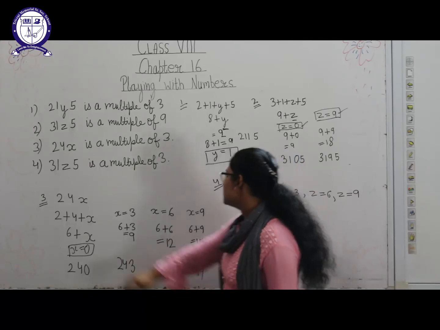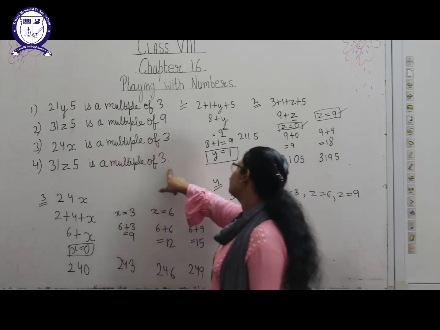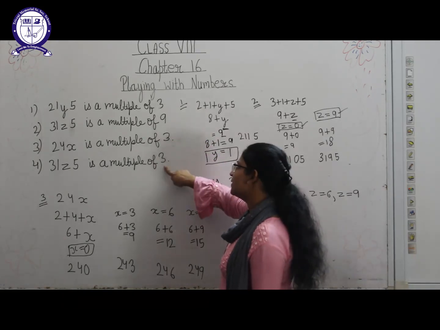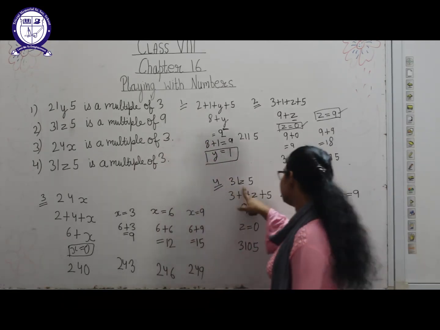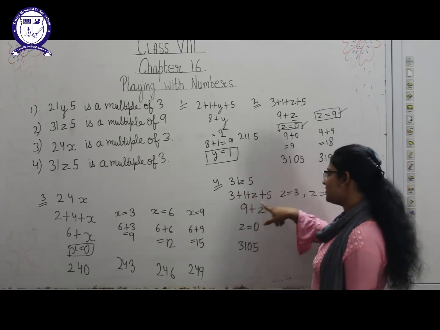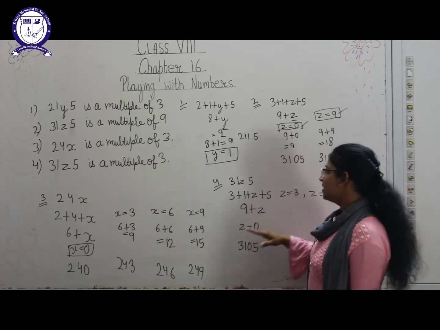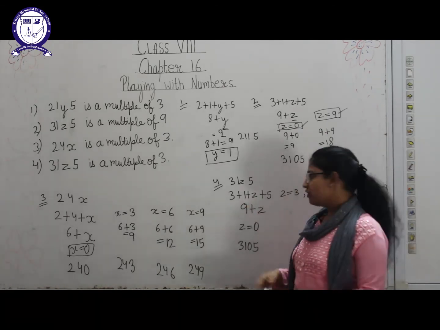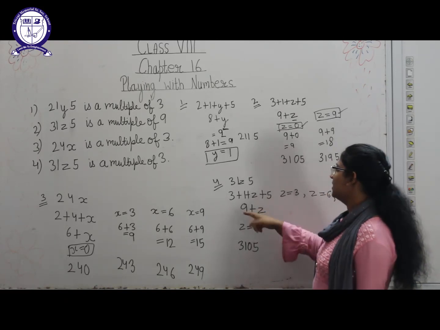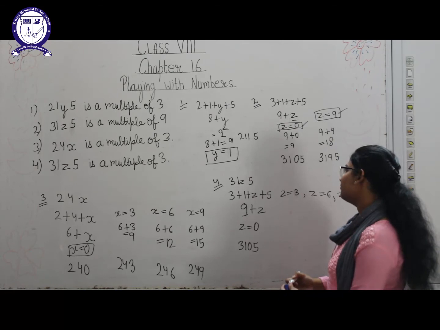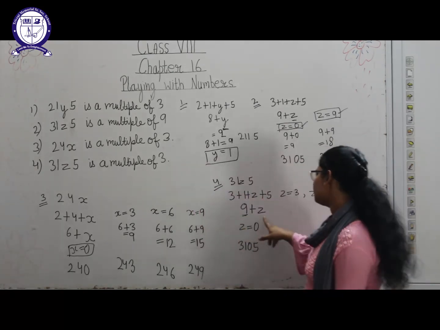Now the fourth question is 31z5 is a multiple of 3. First of all, we solved it for 9, now we will solve it for 3. So 31z5, 3 plus 1 plus z plus 5, 3 plus 1 is 4 and 4 plus 5 is 9, 9 plus z. Here their sum is 9 plus z. So now we need to find the value of z so that we get a multiple. Here 9 is here and 9 is already a multiple of 3 here. So we can put the value of